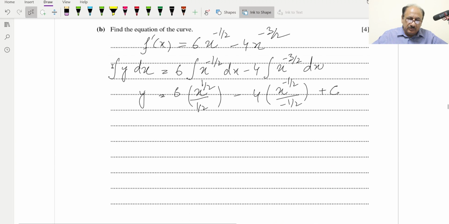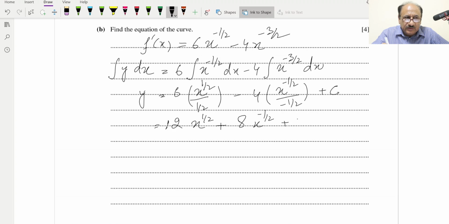Now after writing this one, we can simplify. So 6 into 2 will be 12, so we can write it 12 x raised to 1 by 2 plus, this will be plus because this is minus 1 by 2 in denominator, which will make minus 4 as plus, so this will be 4 into 2 will be 8 x raised to the minus 1 by 2 plus c,